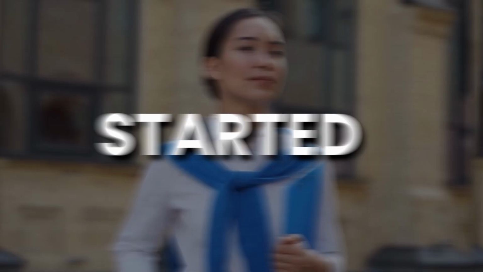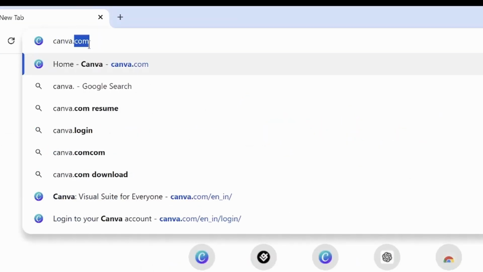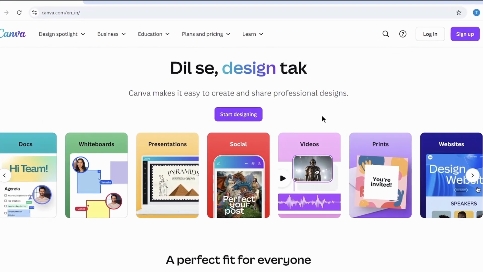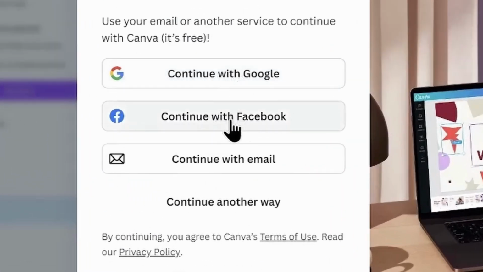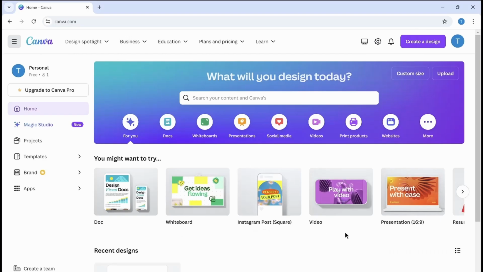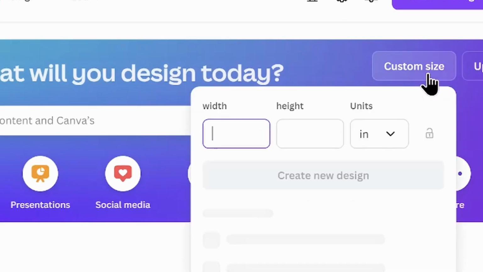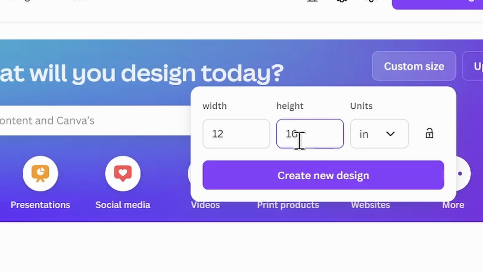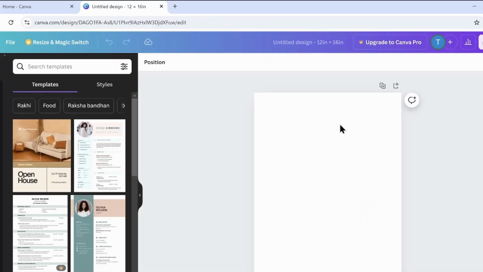So let's get started. First, go ahead and open canva.com in your browser. This is one of the best online design tools available right now, so create your account using your Google account, Facebook account, or your email if you want. Once you're logged in, click on Custom Size. Select the inches option, then enter 12 for the width and 16 for the height. Hit the Create New Design button, and this will take you to a page where you can design anything you